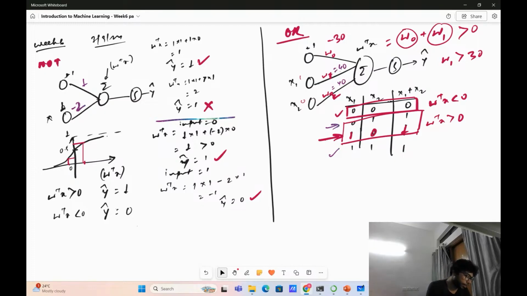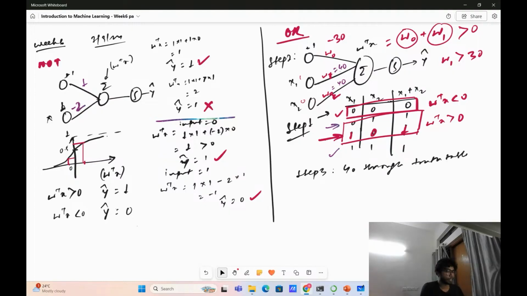To reiterate, the first step is to construct the truth table. Look at this truth table. The second step is to construct the perceptron model. Drawing a picture is very helpful in this case. Once you have this picture, you can see this is my bias node, this is my x1, x2 node, and so on, and then it becomes very clear. Then step 3 is to go through the logic of this truth table